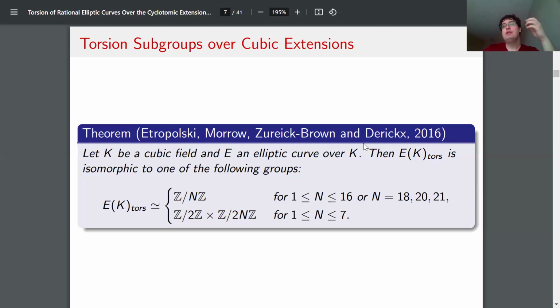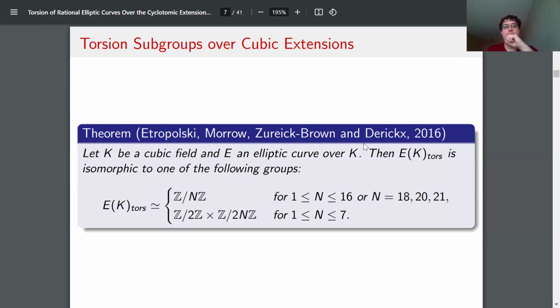And there's also in the literature, when K is a quartic field, it is solved, and when K has degree 5, I'm not sure, it might be solved in this case also, but the problem is, can we keep doing this? Can we just increase the extension degree one by one and classify torsion over all